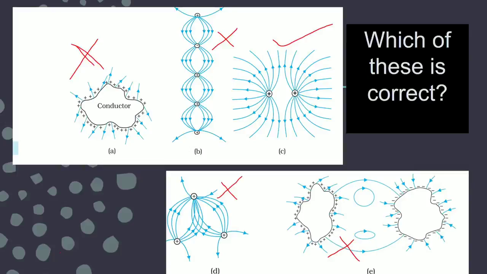They are showing you the closed loop, so you should be able to make out which of these diagrams is correct, and you should be able to give the reason as well. Here it is negative charge getting in is correct, positive charge coming out is correct, but inside they are showing you the closed loops, but electric field lines never form closed loops. So this is incorrect. You should know the reason why you are calling it correct, why you are calling it incorrect.